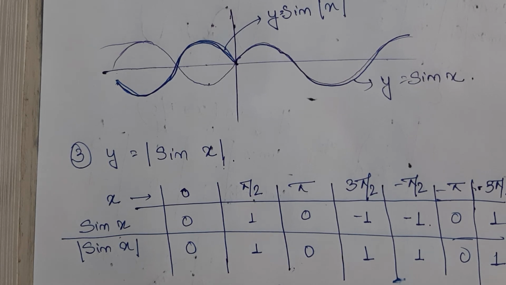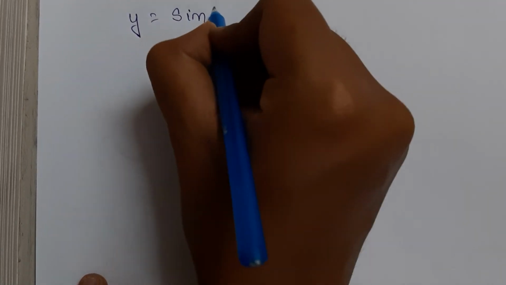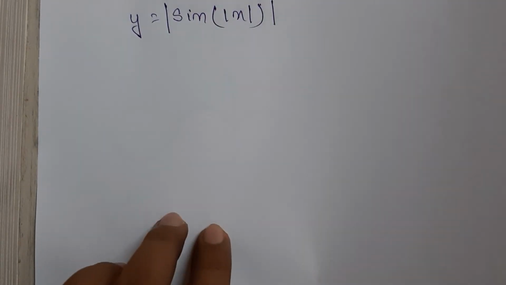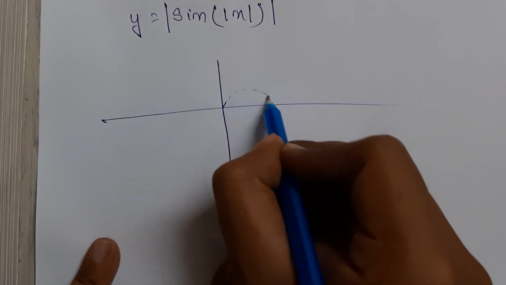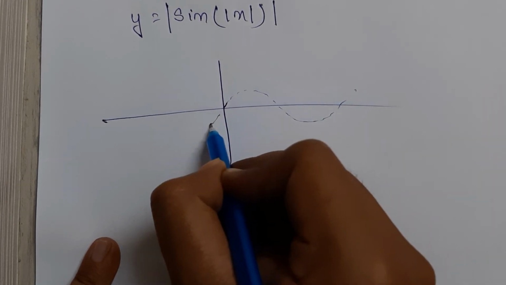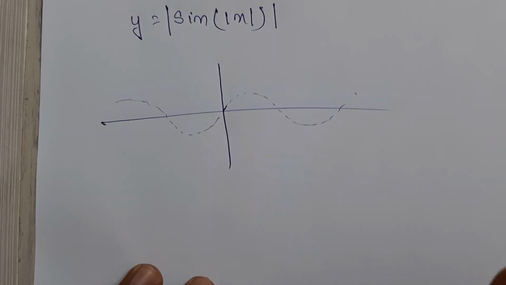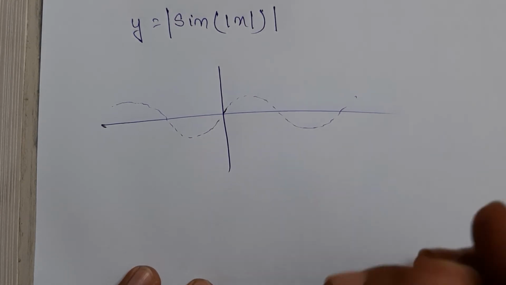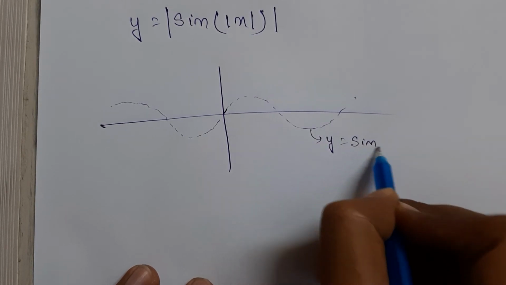So let us now see, if we merge these two graphs, what will be the change now? I am drawing the graph directly now. I think you have understood how we can draw it. It's a very easy one. Earlier it was like this, right? As I told in the earlier video, we need to draw the graph by taking the smallest function, then introducing the values. So the basic graph is y is equal to sin x, right?